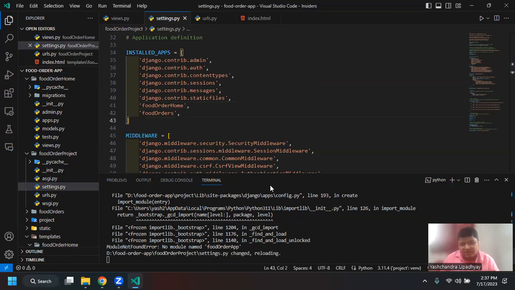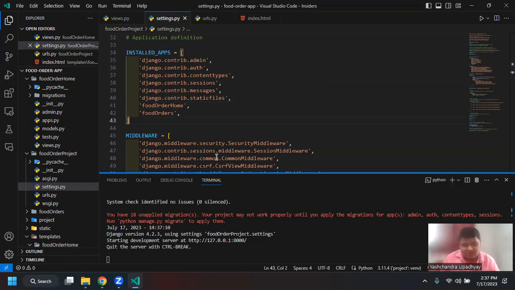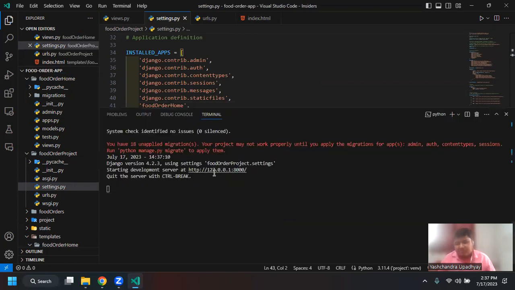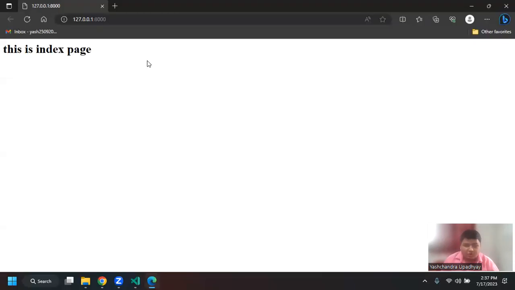It is saying that I have some migrations that I have not applied, but we will not be applying the migrations for now. We will apply the migrations when we have connected with the MySQL database. So I got the URL. What I will do is I will just hover over it and say follow link. Then it will open my default web browser and open the localhost which is running on